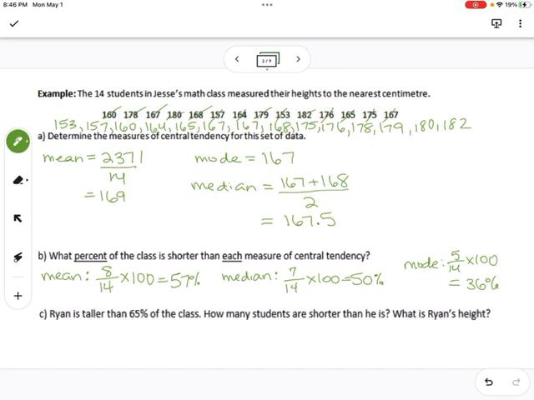Okay, so Ryan is taller than 65% of the class. How many students are shorter than he is? What is Ryan's height? So if we have 14 students, and we know that Ryan is taller than 65% of those, that is multiplying by 65 divided by 100. So 14 times 0.65 gives us 9.1,